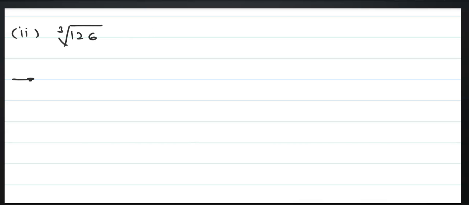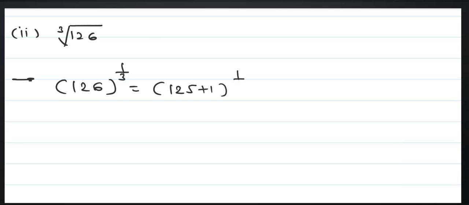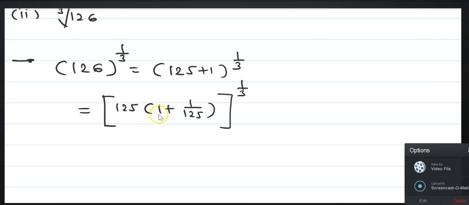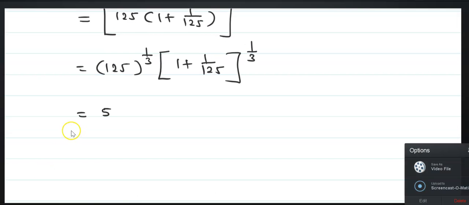Second, that is the cubic root of 126. It's clear that the nearest cube for 126 is 125. Therefore, the term can be written as 125 plus 1 bracket raised to 1 upon 3. If you take 125 as common, then in bracket you will get 1 plus 1 upon 125 bracket raised to 1 upon 3. Therefore, 125 bracket raised to 1 by 3, 1 plus 1 upon 125 bracket raised to 1 by 3. Now the cubic root of 125 is 5, and therefore